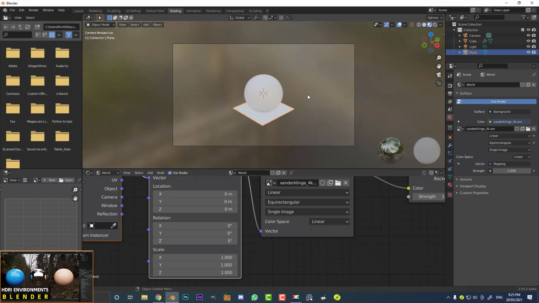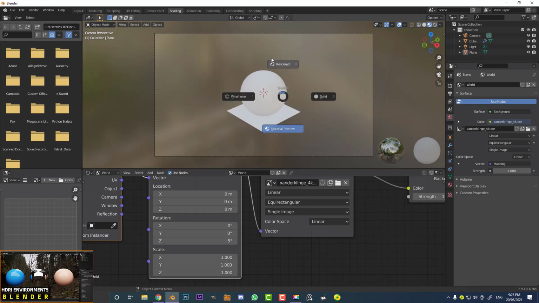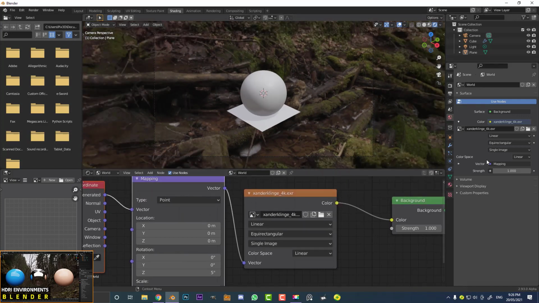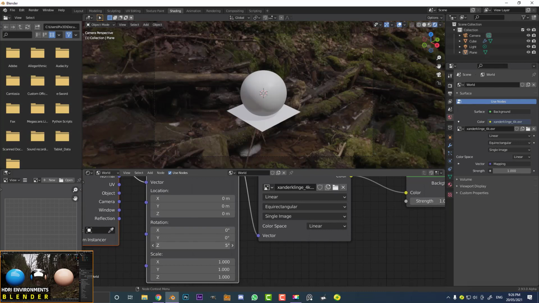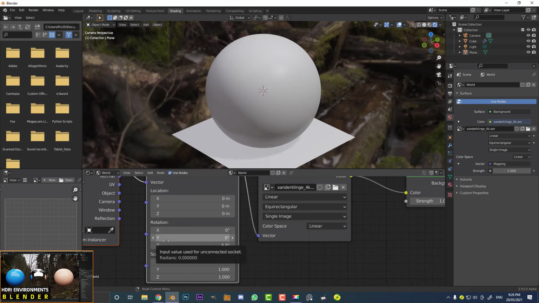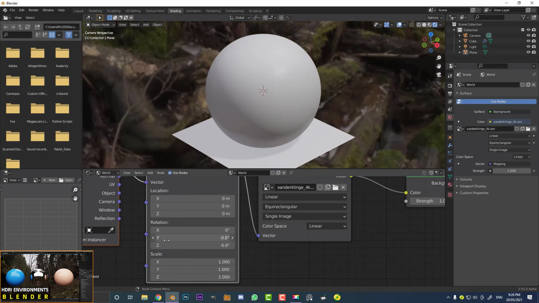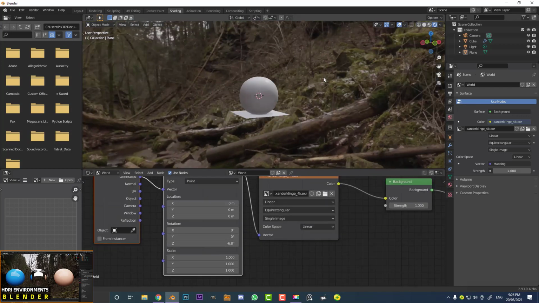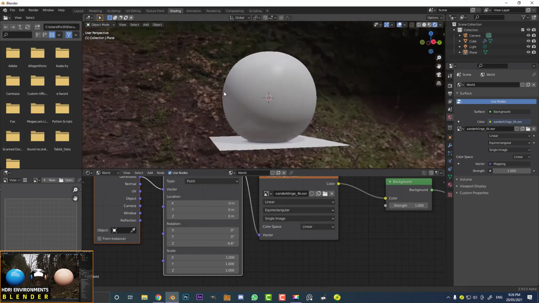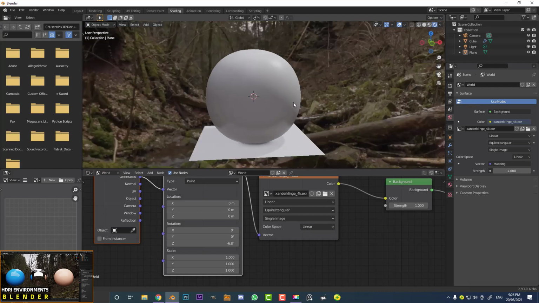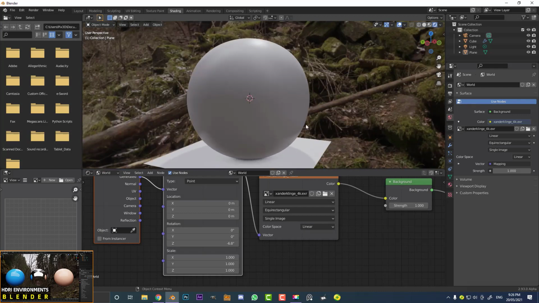rotate our HDRI. So what I'm going to do now, I'm going to hit Z, and I'm going to go into my rendered view over here. And now we can actually see the HDRI here in the background. And now we can come to the rotation vectors, and we can rotate these vectors to control where our lighting is coming from and how the HDRI is positioned in our world space. So you can mess around with these sliders. Usually it's advised only to mess around with the bottom slider, especially if you're going to be seeing the HDRI. You want it to kind of be level with whatever is in your scene. And most HDRIs, if not all of them, will be captured, if they're captured properly, on a nice level plane